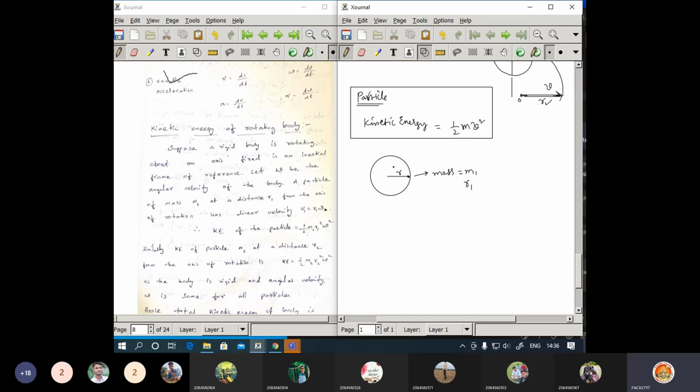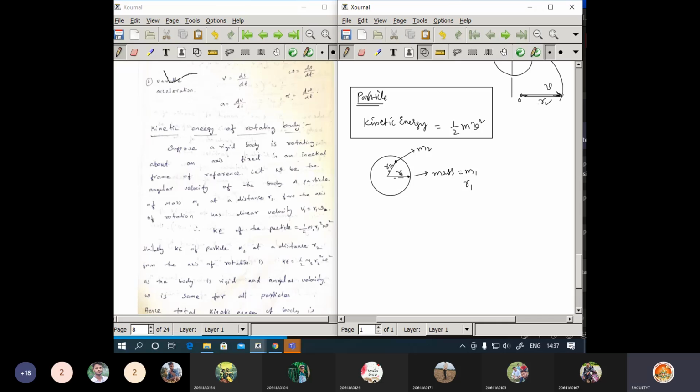Now the second particle is somewhere here, and its mass is some m2. Its position from the origin will not be r1, because this is larger. If you measure here, this will be larger than this, so I will go with this as r2. So the distance changes with the particle position, and the mass of the particle may change. Now you need to identify that different particles may have different masses.